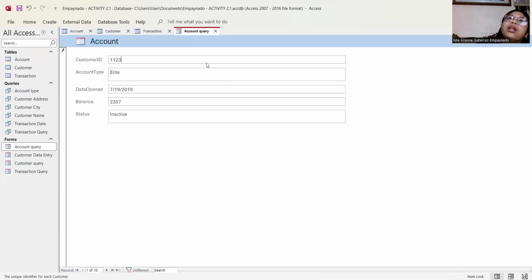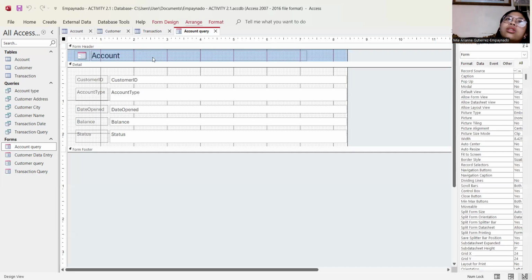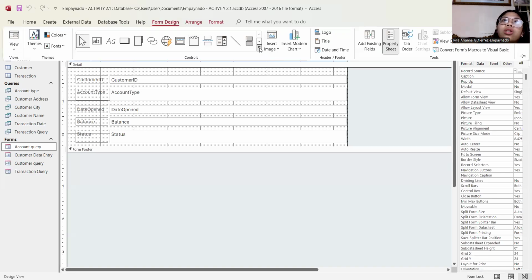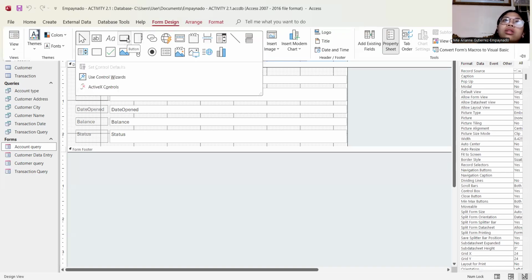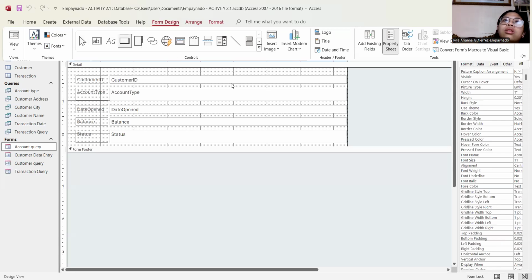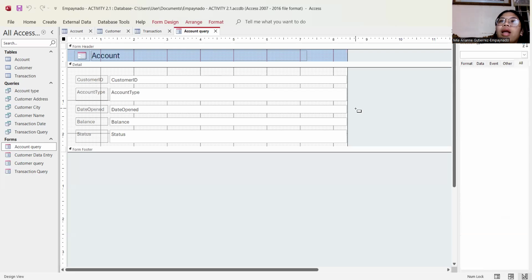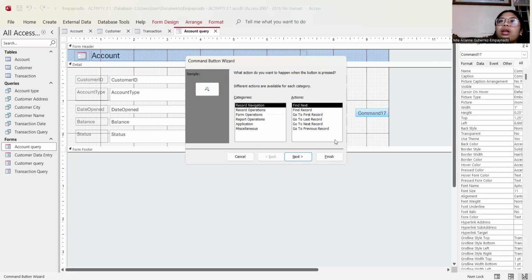For example, I can click on the form design. Here in the controls, you'll see this one. You can tap it, then add it here. In the command, click on Record Navigation for categories, then go to Next Record.